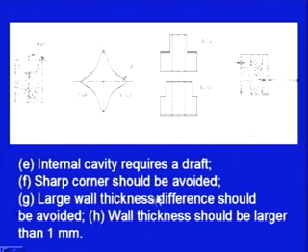Similarly, sharp corners should be avoided. In this design, we can see that this is a sharp corner. So, these type of sharp corners should be avoided. It is very clearly depicted here, it is poor design. So, in order to improve this design, we can give a radius and we can make the design better. So, sharp corners should always be avoided in powder metallurgy parts.